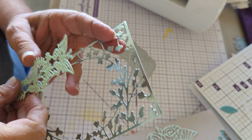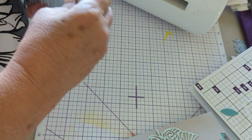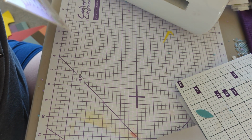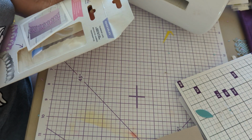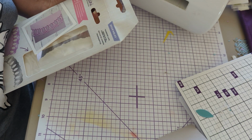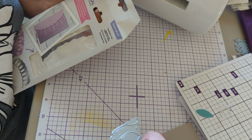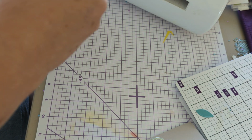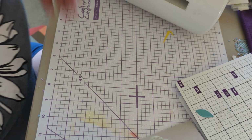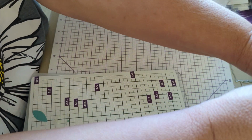I'm going to stick these safely over here because they're so pretty. And that needs to get put away in here. I may need to glue it all the way down because it doesn't look right unless you can see the bottom of the leaves are white, but that looks pretty. You'll see. Okay, one of the other things that was on it